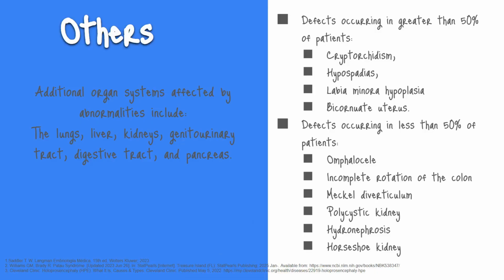Bicornuate uterus is when the two sides of the uterus fail to fully merge, so you have a uterus that looks like two horns. Abnormalities in these organ systems occurring in less than 50% of patients with Patau syndrome include omphalocele, which is when the